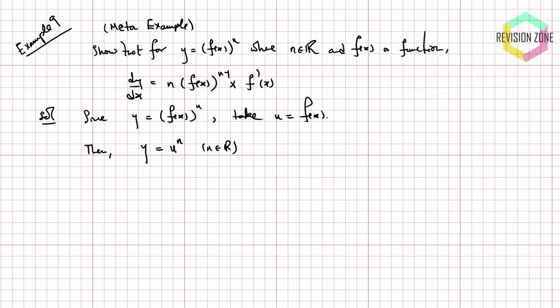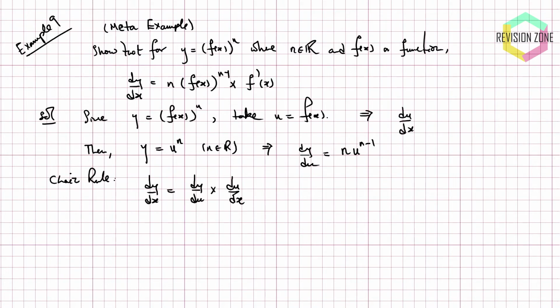Then we can use the chain rule in this case. We can completely go and use the chain rule formula, which would tell me that dy by dx is going to be dy by du times by du by dx. So, what's my dy by du? Well, my dy by du is just equal to n u to the n minus 1 because it's a standard polynomial type thing. And then my du by dx, let me do it above here, is actually just the function f